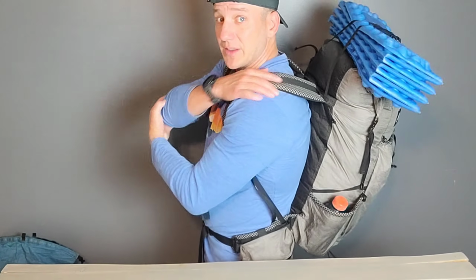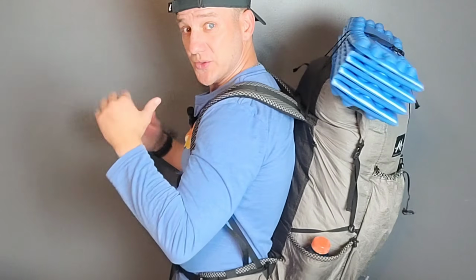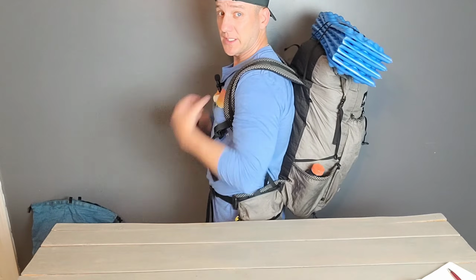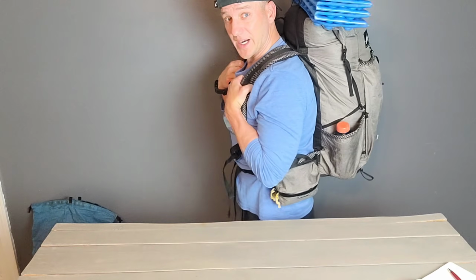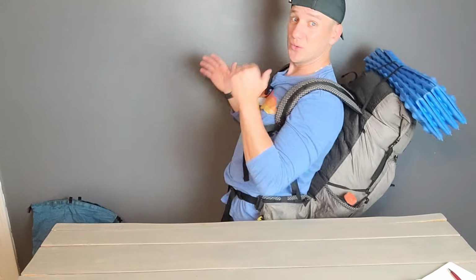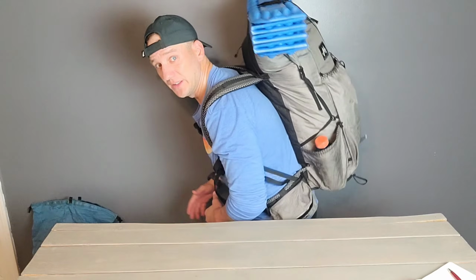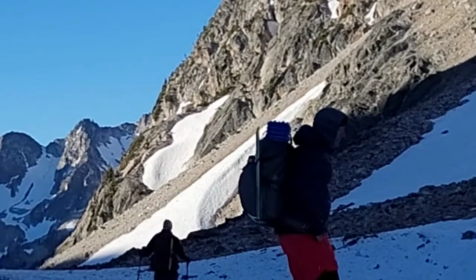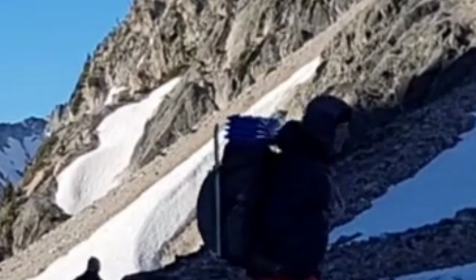And that's not the only main issue I have about this pack. And frankly, it's one of the reasons why I strongly just can't recommend this pack. If you look right here, it almost looks like the pack is leaning back. So if you have, say, 20 pounds in there, instead of having it be on your shoulders and close to your back, it's back there. It's leaning back there. So when you're walking, you feel like you're almost having to hunch over. And to me, the whole time when I was hiking, while rocking this pack, I always felt that as an issue. I constantly adjust this right here,